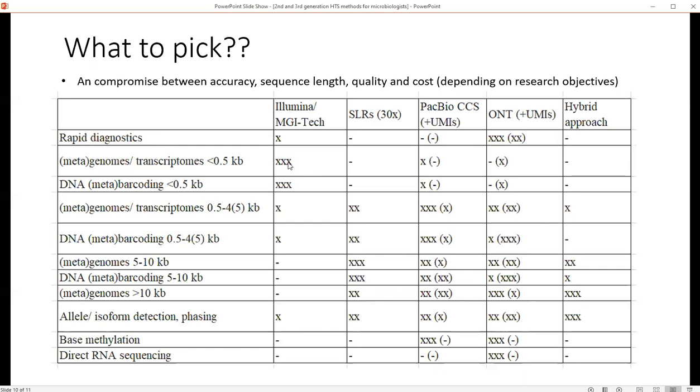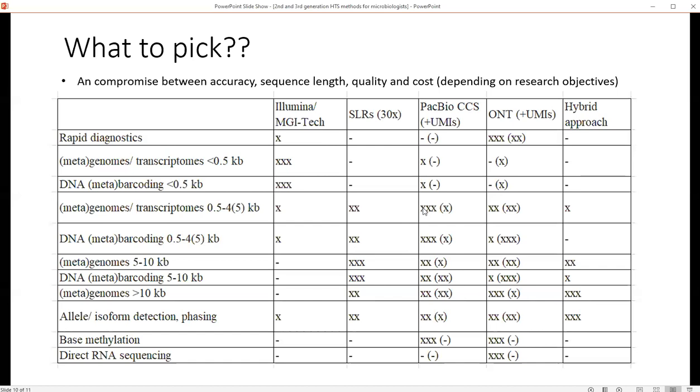Metagenomes and transcriptomes for short reads, less than 500 bases, are certainly most feasible using Illumina or MGI tech. And so is metabarcoding of short barcodes or those mini barcodes. When it comes to medium length metagenomes, transcriptomes, and metabarcodes from 0.5 to 4 kilobases, then it seems that